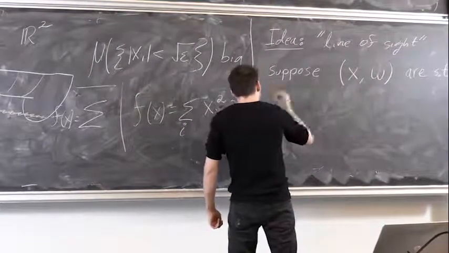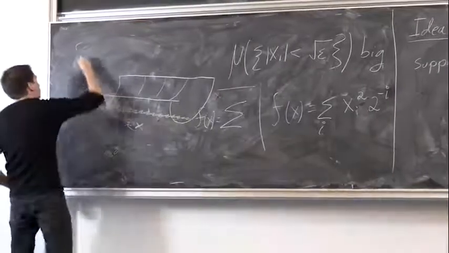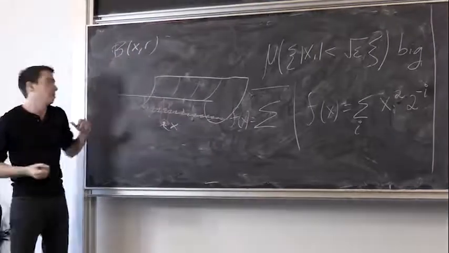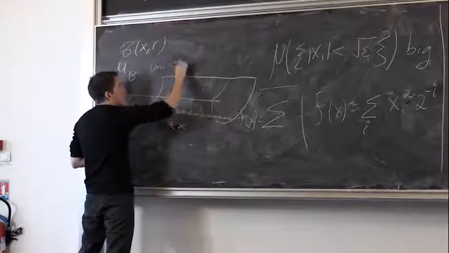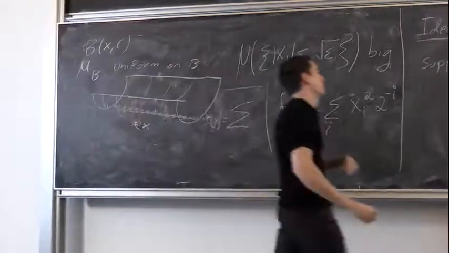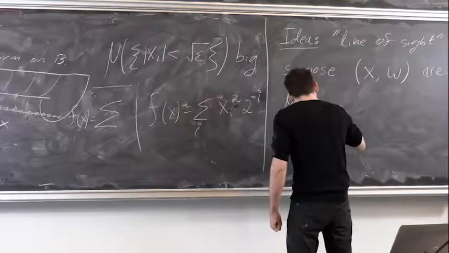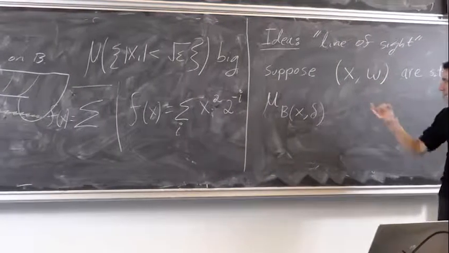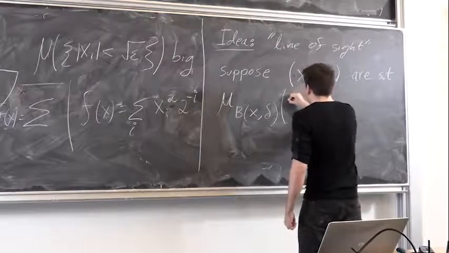Let me make two definitions. B(x, r) is the ball centered at x with radius r, and mu_B is just the uniform measure on B. Suppose the points are such that if I take the uniform measure on a ball centered at x with radius delta, which we'll soon say what it is, some 1 over poly n, such that if I take